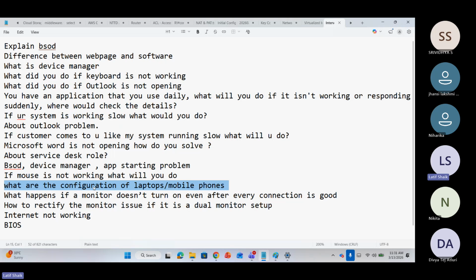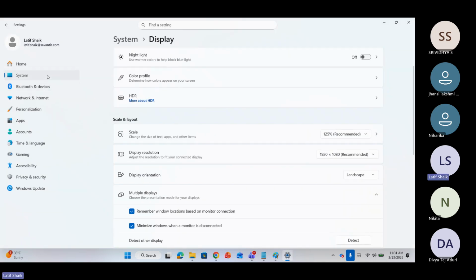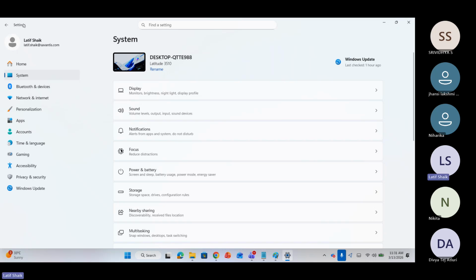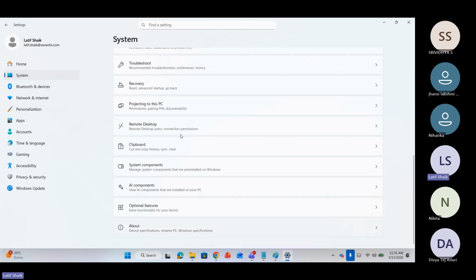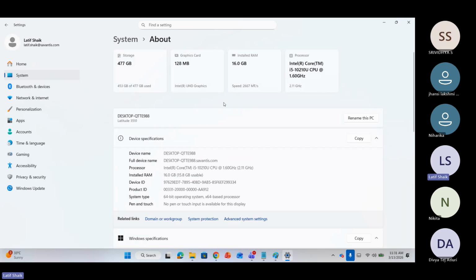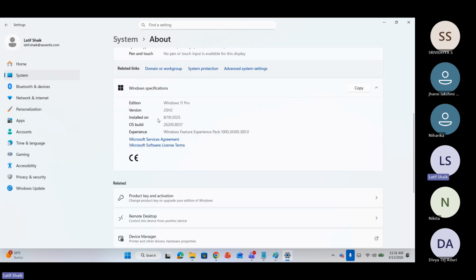You know this one? What is the configuration of laptops or mobile phones? How to check your laptop configuration? Go to Settings, System, scroll down, About. There you can find your system configuration, a simple way. i5 processor, 16 GB RAM, Windows 11